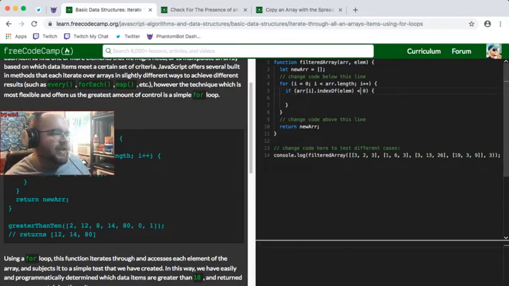So we're going to say if it's equal to -1. So that's the check that it's not there. So if this is not there, then we're going to push